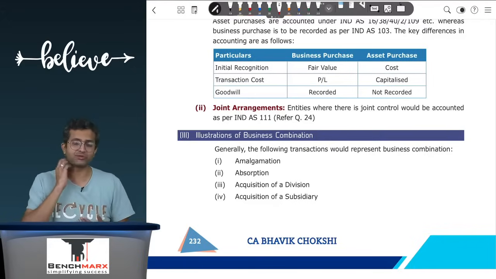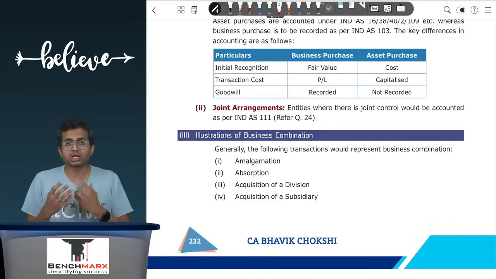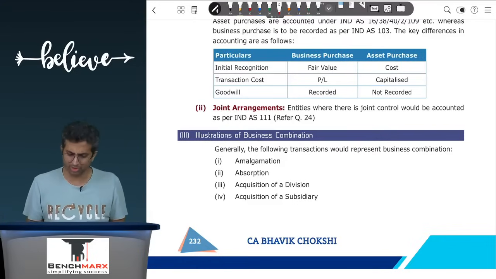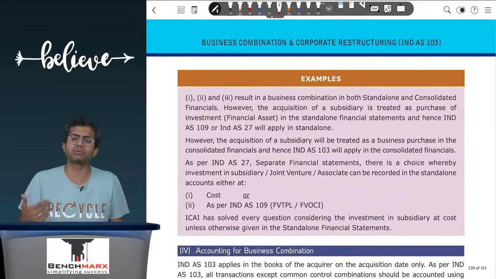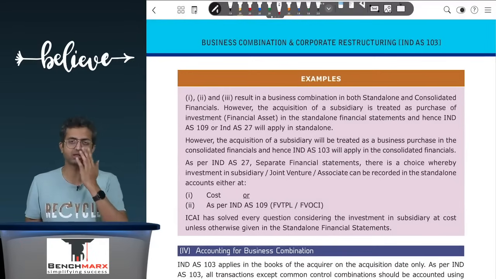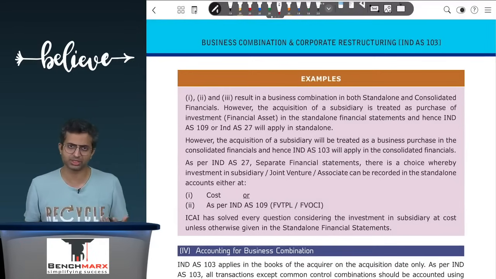However, when you do CFS, which is a separate set of books, a separate set of accounts, you will consider assets and liabilities to be taken over for the group as a whole by virtue of the greater than 50% or the controlling stake, as the case may be. So the accounting over here is largely governed by the accounting to be shown in the CFS. Under the SFS, under the holding subsidiary relationship, you will still show investment in subsidiaries.